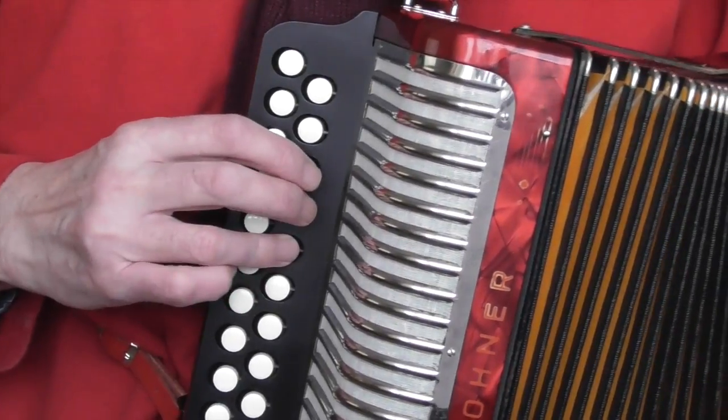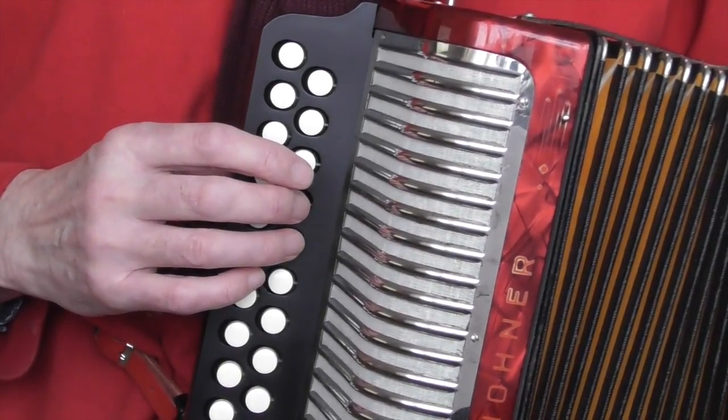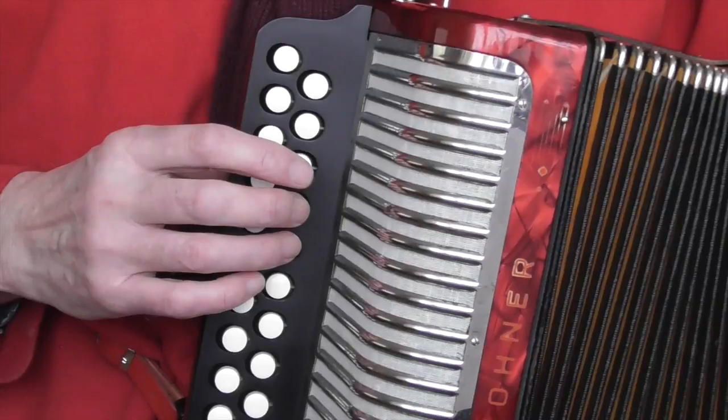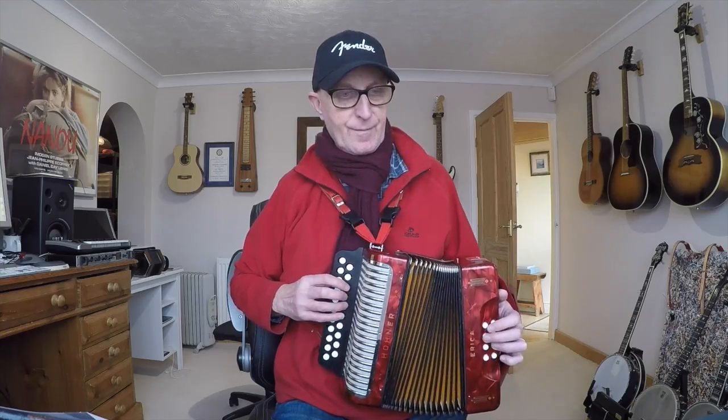The right hand, it's a repeat of the B that you played at the end of bar 1, and then you go to the button above, pull out, and you have 2 A's, counting 1 and 2. So you have